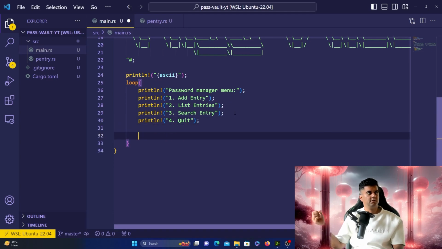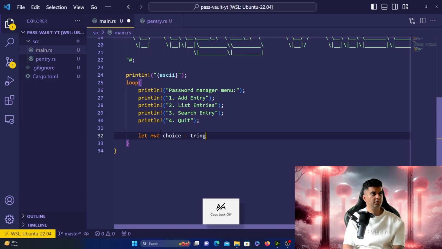Then what we'll do is we'll take the choice from the user, and then we'll match all of those choices. So let's say, for example, if the choice was 1 or 2 or 3 or 4, and then we'll call the relevant function depending on that. So first we'll say let mut choice is equal to String,